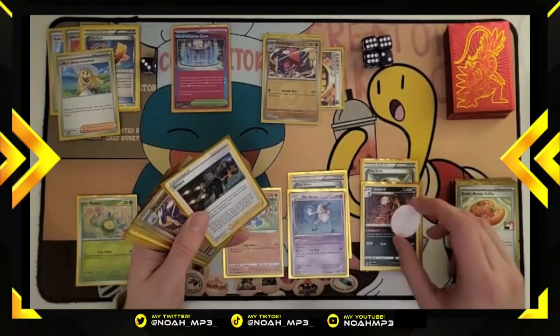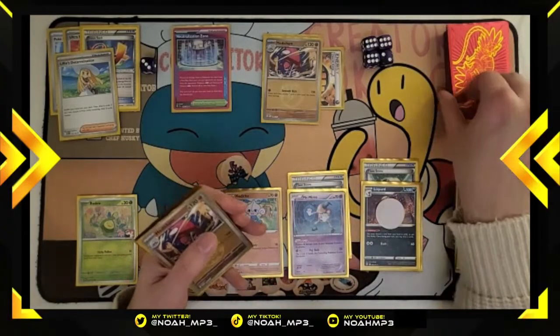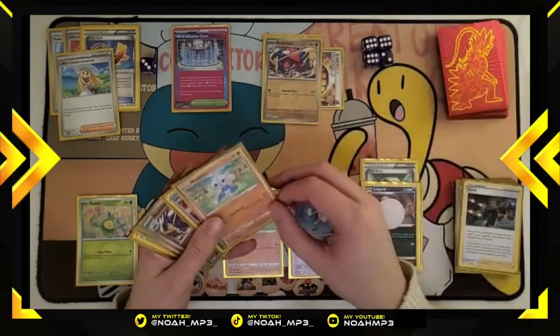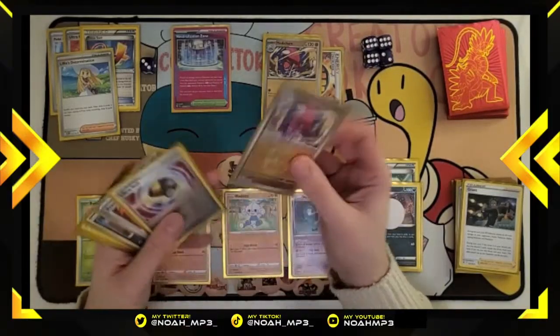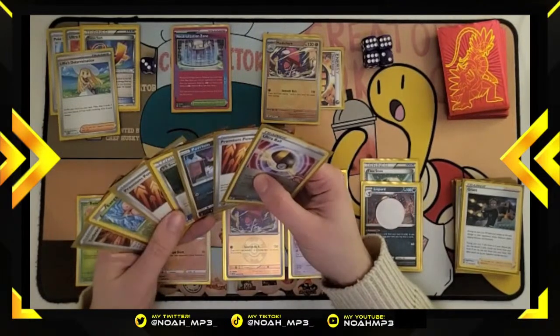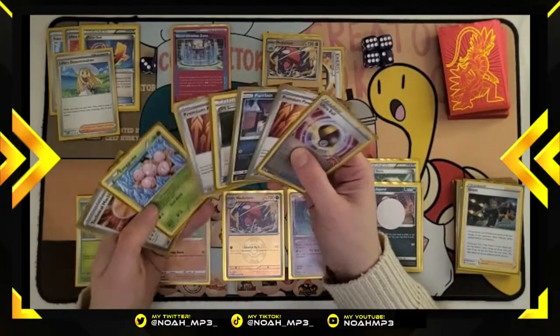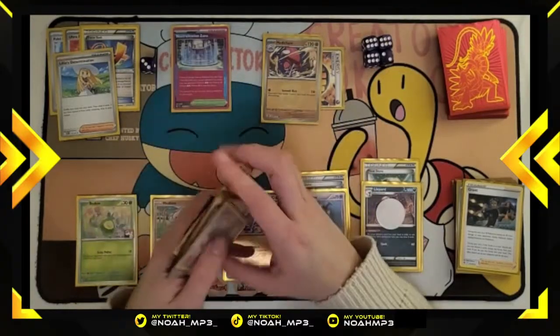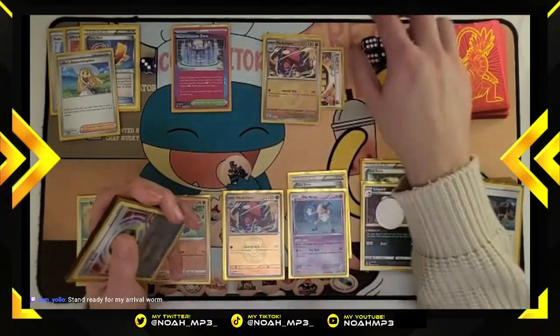I will use Liepard to discard Grant and draw 2. Another Meditite, that's what I wanted to see. Evolve into Medicham. We have exactly 7 cards in hand here. A bunch of these are items. I don't really want to play anything else, so let's use 7th kick to...